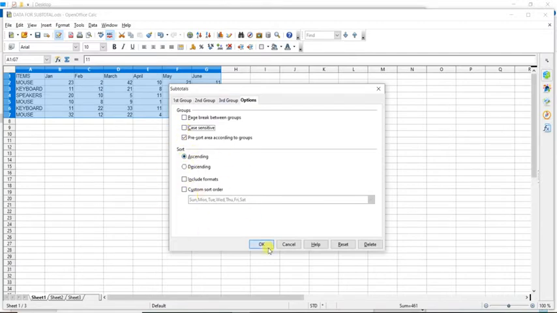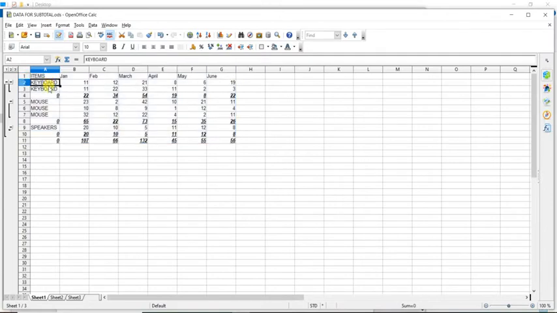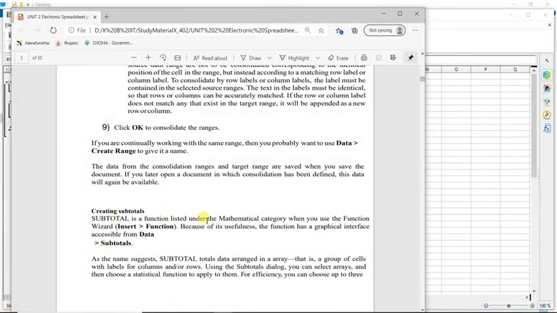In the subtotals dialog, in the first group tab, we will select the group by, on which column heading we want to make grouping. I want to make grouping based upon the items, so that all the same items should be in one group. That's why I will choose items. After that, we choose which function we want to apply. Definitely I want to find the sum right now, and for each of the columns I want the separate sum. So right now selecting all of them.